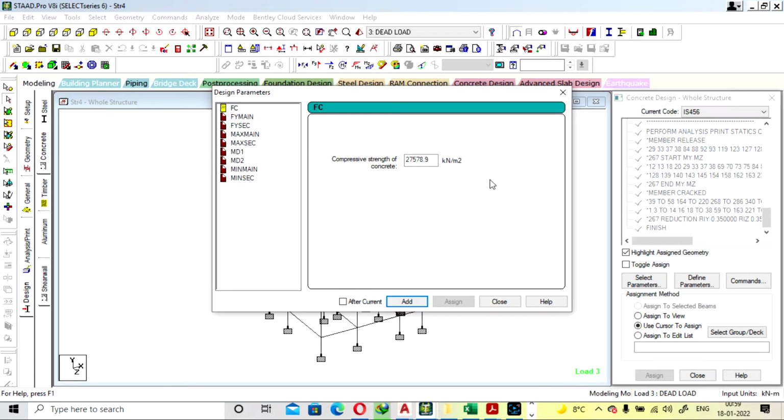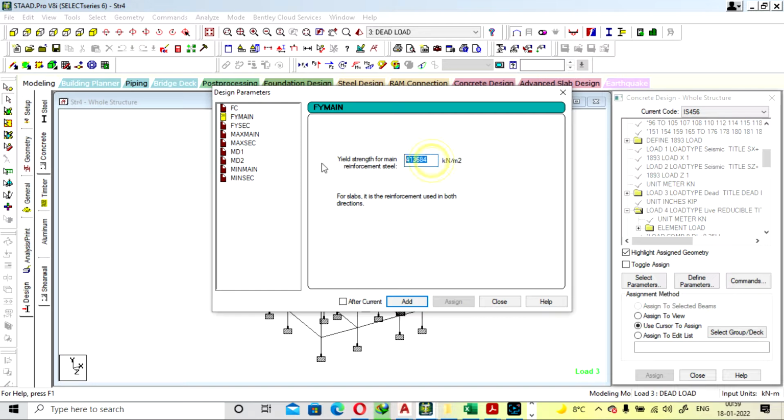Define parameter. So for compression we are going with M25, add, close. Main I am going with 500, tension. Secondary for shear reinforcement I am going with 415, add.